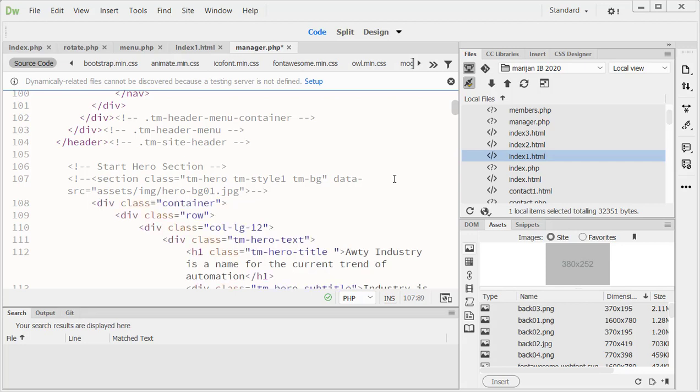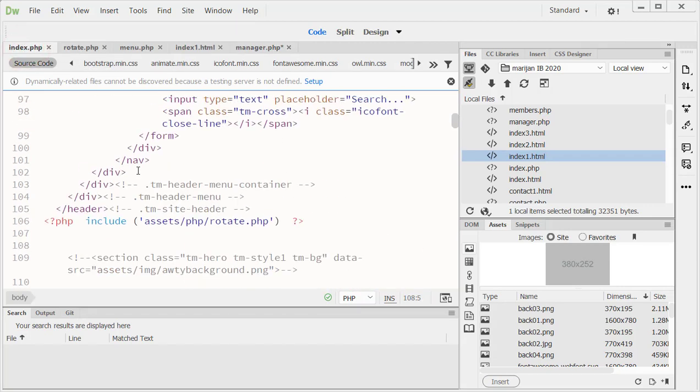Oops. And I'm going to make a new file called rotate because I want to, again, centralize this. So if I put this on every page and I want to make a change, I don't want to go to every page and have to alter the code. I want to just go to one location. So the next thing I do, I already did this in index,